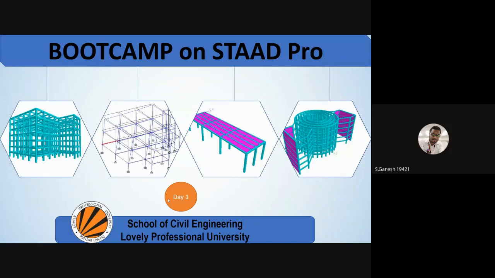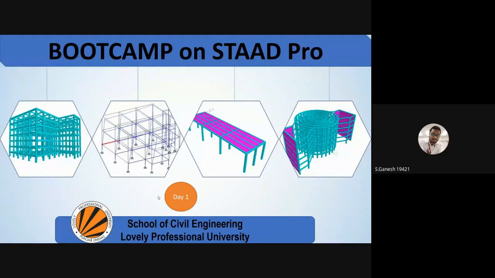These 5 days will be highly useful for all the participants to learn a new way of exploring STAAD Pro. For beginners from level 0, the boot camp will be highly helpful to learn the software from level 0 also. We have participants from a mixed group, UG and PG levels, and international students are also taking part. All your doubts and clarifications will be taken care of at the end. So with that spirit, we'll start our day one of the boot camp.